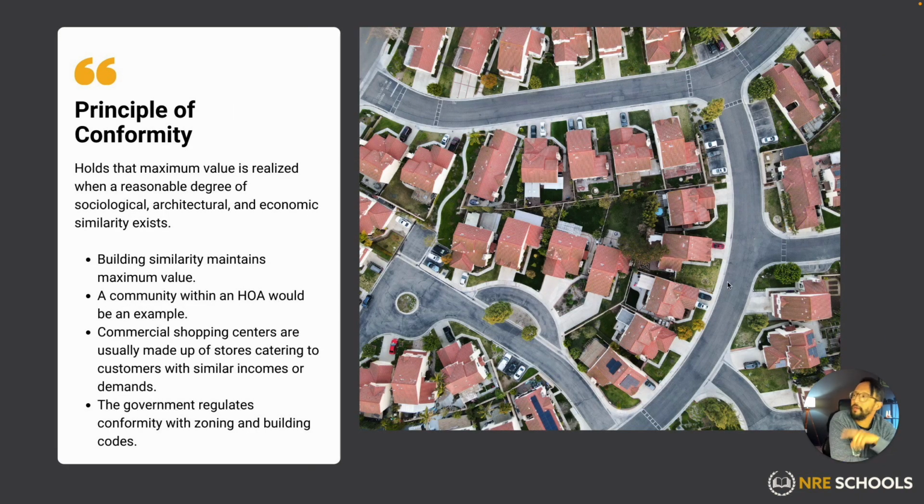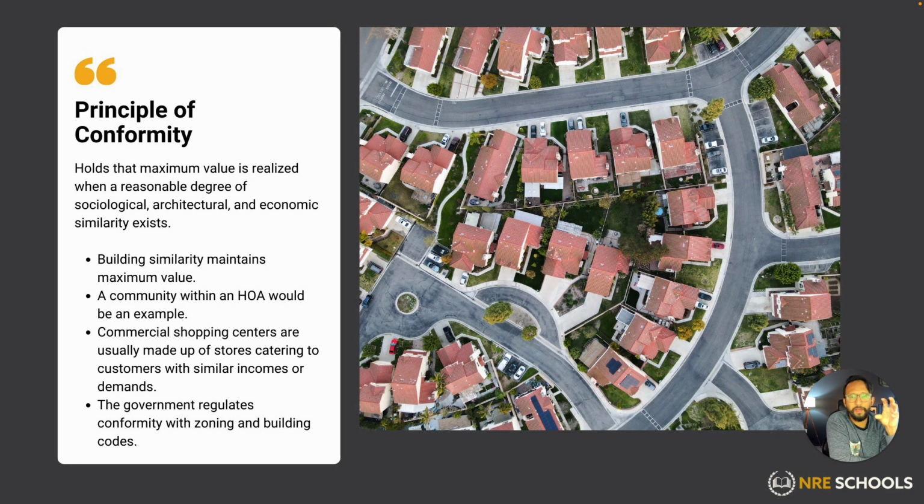Principle of conformity. The principle says a property holds the maximum degree of value when a reasonable degree of sociological, architectural, and economic similarities exist. Think HOA, think community. Look at this, all the roofs look very, very similar. What the principle of conformity is saying is that when all the houses are similar in nature, and they have these rules set forth,